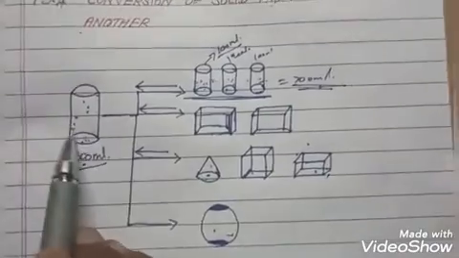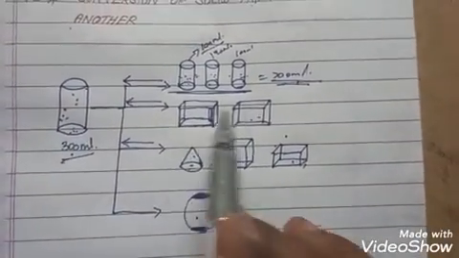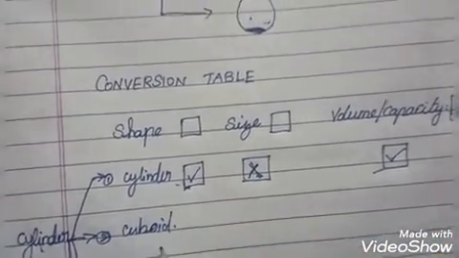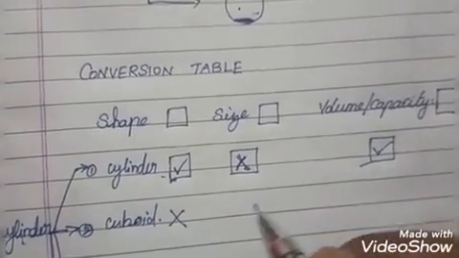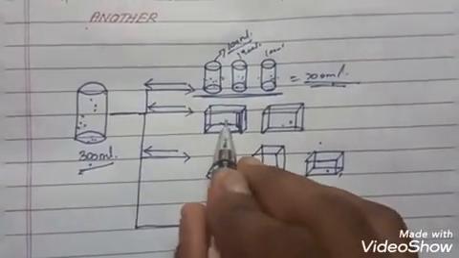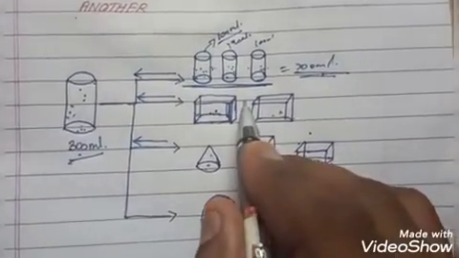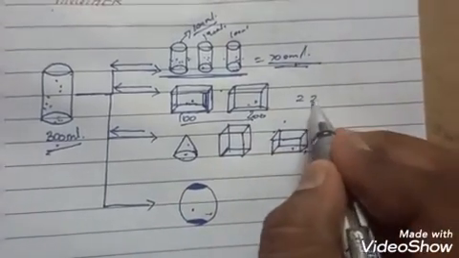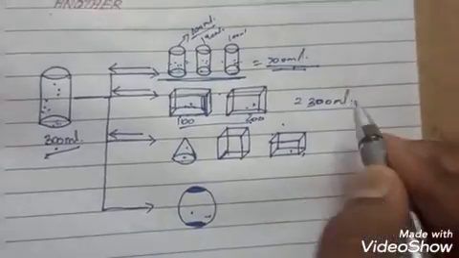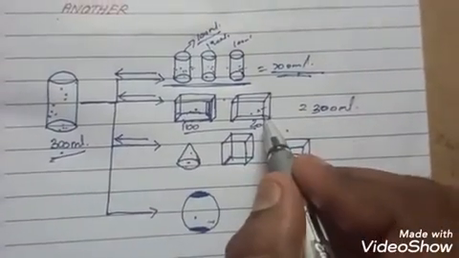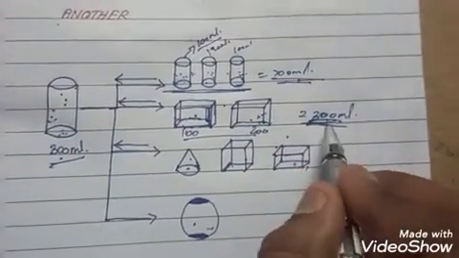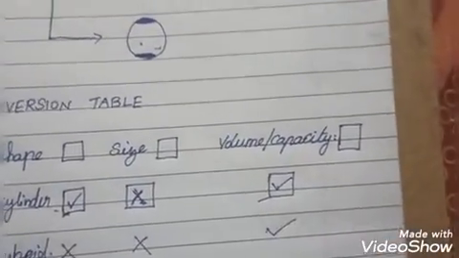Okay. So now a cylinder is converted to a cuboid. What is the converted shape? It is a cuboid. So the shape is different, and the size is different. But take this as a beaker of the same 300 ml, converted into this 100 and this one 200. What is the total capacity? It becomes 300. So the shape is different, the size is different, but the capacity remains the same. 300 ml is equal to 300 ml. So volume doesn't change, volume is always equal.